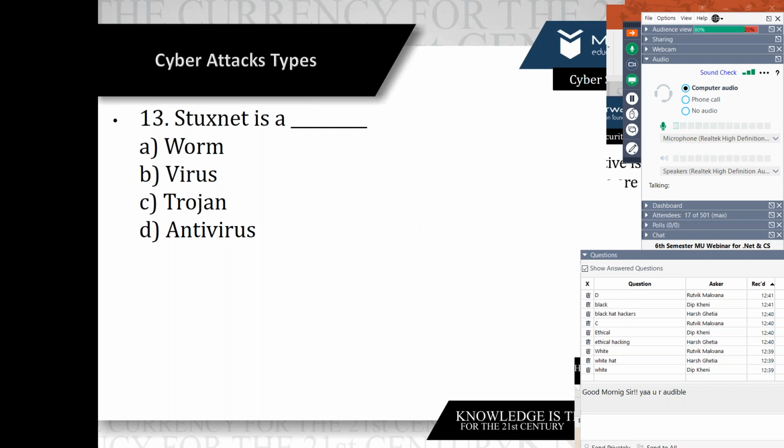This is a famous name from 2010, applicable to a particular powerful program which targeted certain systems in a large number of nuclear power plants. Okay, some say virus, some say worm, Trojan. If you read the article, this is again the famous attack of 2010.